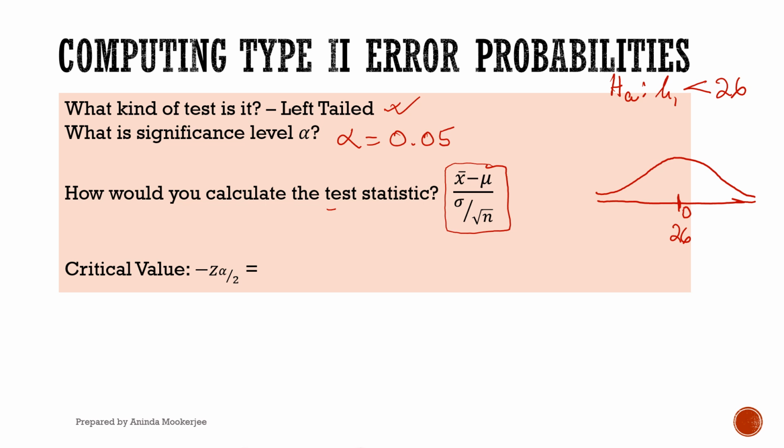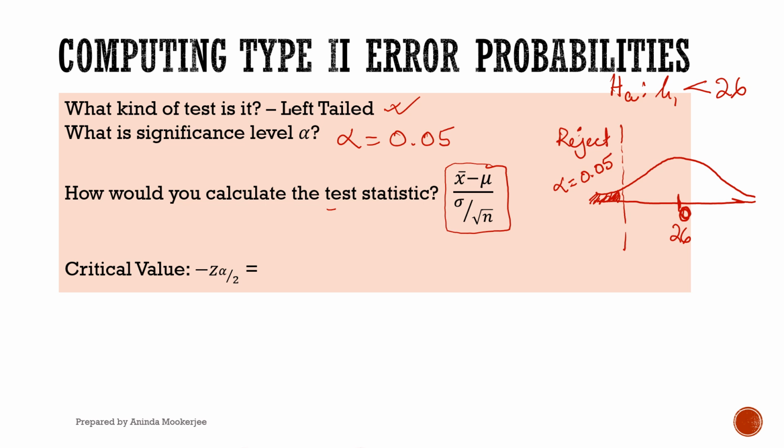That would correspond to a z value of 0. Because it's a left tail test, the reject region would be to the left, and this area under the curve, which corresponds to the reject region, would be an area of alpha equals